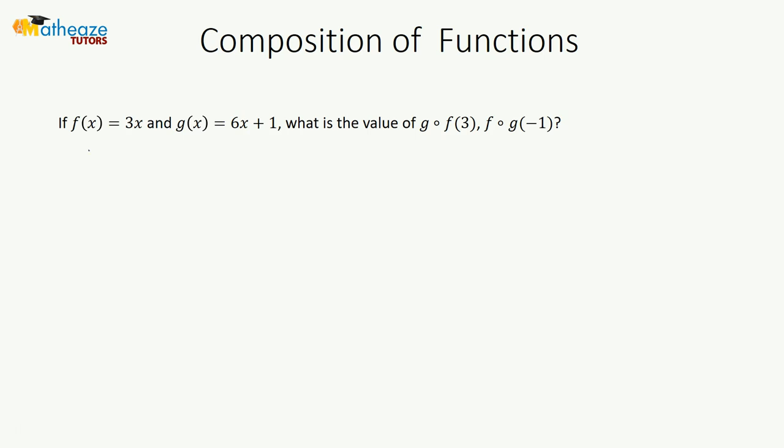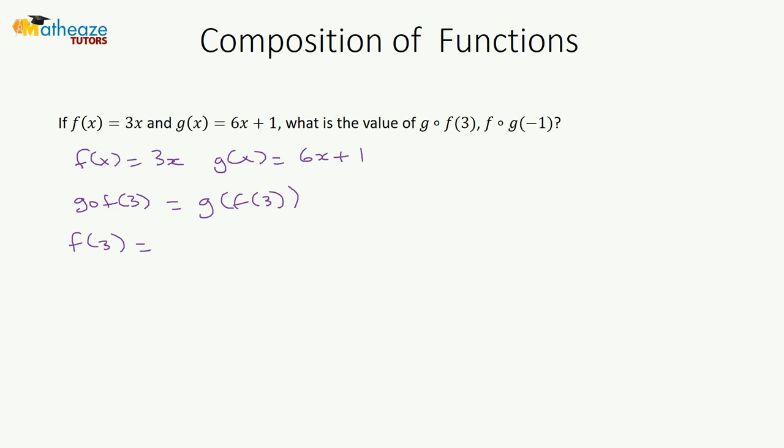So f of x is equal to 3x. Alright. g of x is equal to 6x plus 1. What is g o f of 3? So this is going to be g of f of 3. So let's find what f of 3 is first. f of 3 is going to be 3 times 3, which is 9. Then we're going to use that as an input to g of x. So g of 9 is equal to 6 times 9 plus 1, which is 54 plus 1,